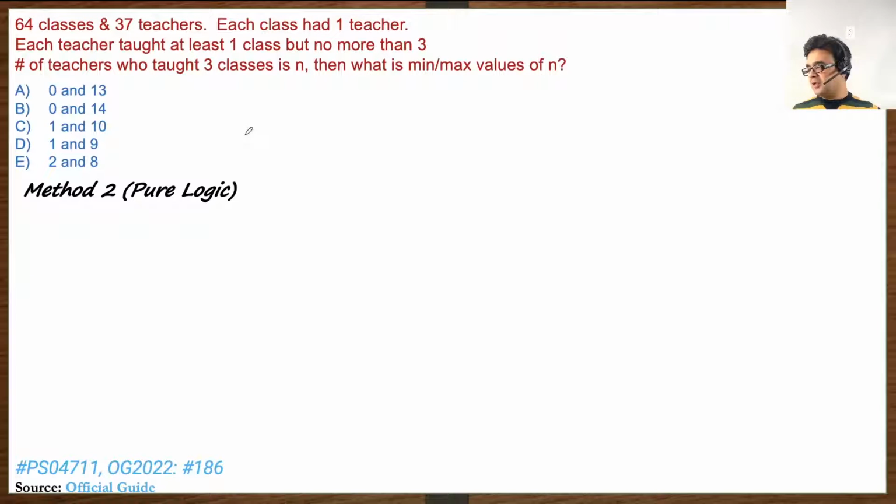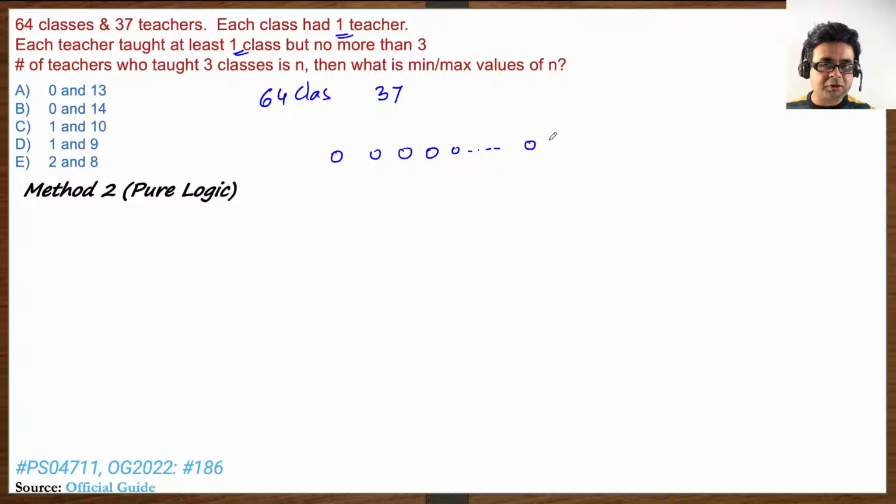All right, so we'll start with this logical reasoning, and think about this logical reasoning as, again, let's set up the question quickly. Again, logical reasoning is all about setup, right? So I have 64 classes and I have 37 teachers, and my constraints are each class has one teacher and each teacher has at least one class. So let me just write down 64 classes, but I'm not gonna draw 64 circles. I'm going to do something like this,